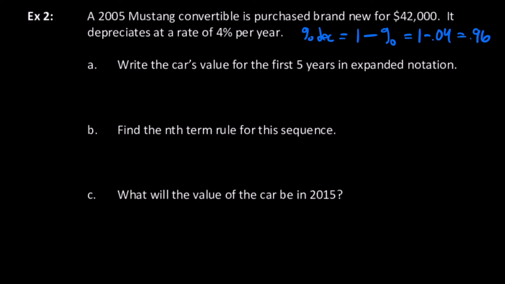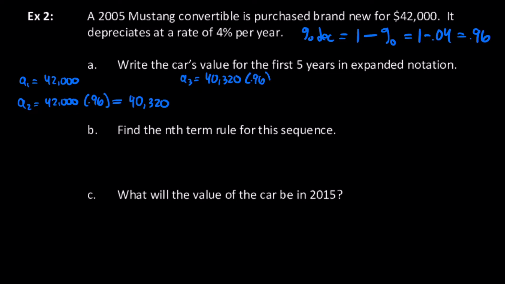And it says write the car's value for the first 5 years in expanded notation. So every year you multiply the value by 0.96, and that's what the depreciated value is. Okay, so let's write out the first 5 years. A sub 1, that's just your 42,000. A sub 2 is going to be 42,000 times 0.96. What I get for that, I got 40,320. A sub 3 is going to be that, 40,320 times 0.96. And for that, I got